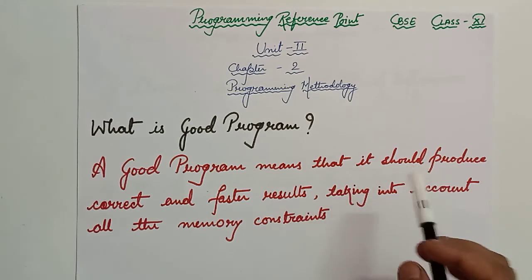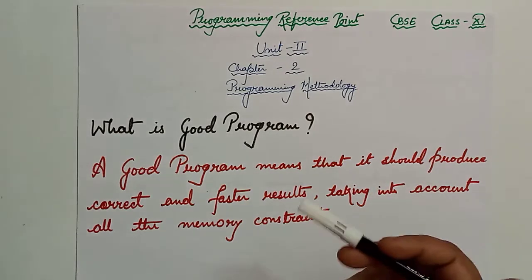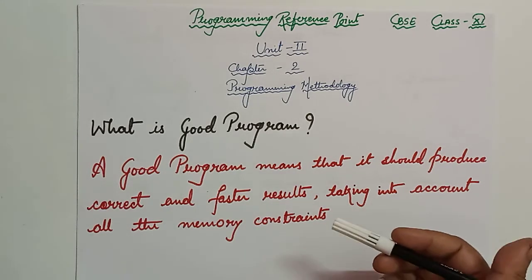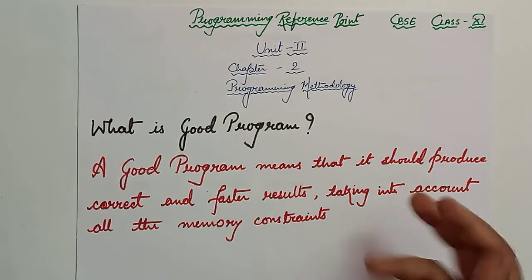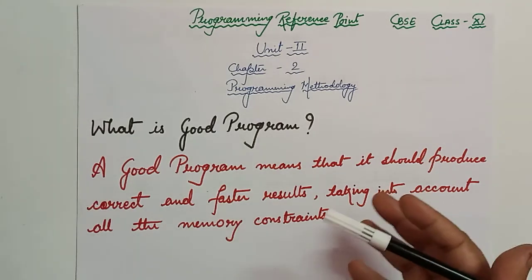An effective program is one which gives results for all different inputs, meaning whether you provide the correct input, what shall be the output, and even if you provide the wrong input, in that scenario what will be the output. Okay, so while creating a program we have to follow a certain systematic approach. This systematic approach contains two steps. First is the program structure, and the second one is the program representation. Program structure is implemented using the top down or the bottom up approach, and program representation means how you write the program to make it readable and understandable.